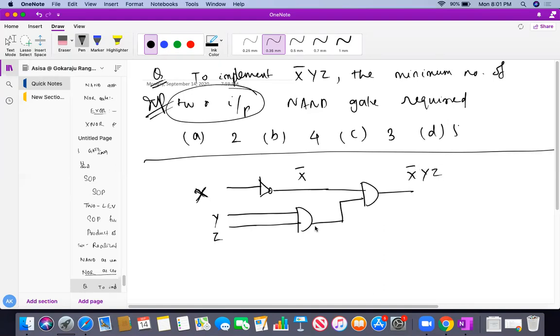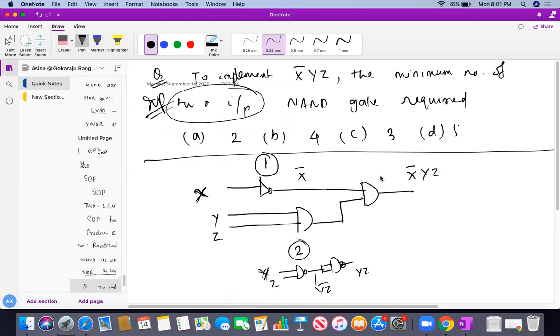So see here, how many gates do I require to design a NOT gate? Obviously one 2-input NAND gate. I can design it with the help of just shorting the 2 inputs of the NAND gate. Next, how many NAND gates are required to design an AND gate? I just require 2 gates, students. How is it? It's very simple. This is the way I can design it. This is my Y and Z. This will be my YZ bar, and finally I have achieved YZ here.